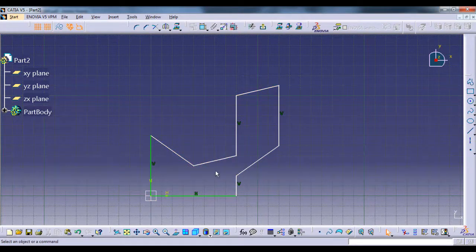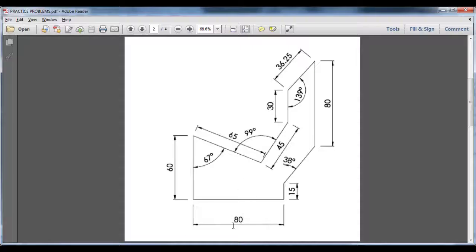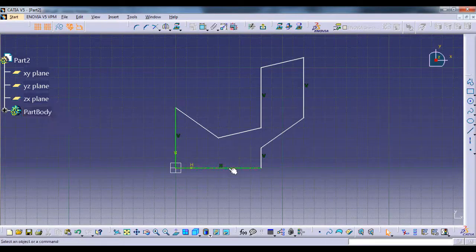Okay, this is done, and now we will see the dimensions. So this is 80 mm, 15 mm. So first we will do that. So this line is 80 mm and this line is 15 mm.